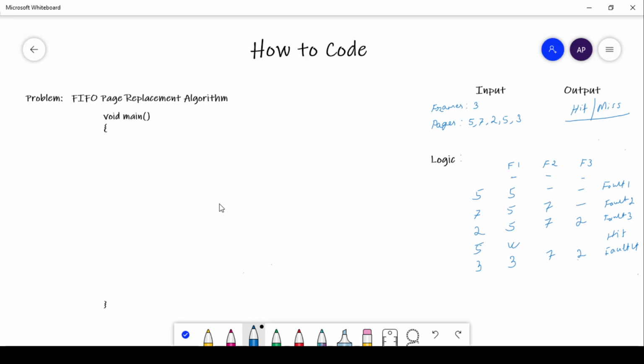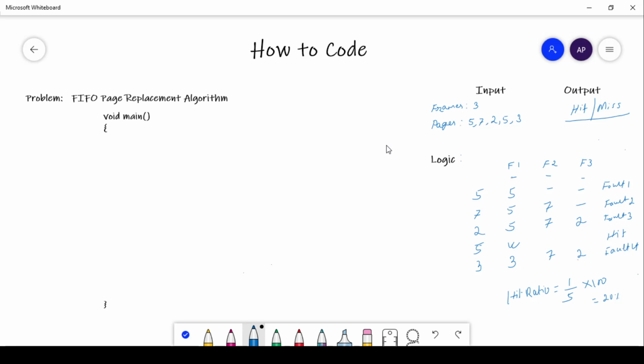Now the logic part is clear. The number of page faults is 4 and only one hit, so hit ratio is 1 divided by the number of page accesses multiplied by 100. Okay, so it is 20%. This one you can say is the hit ratio.